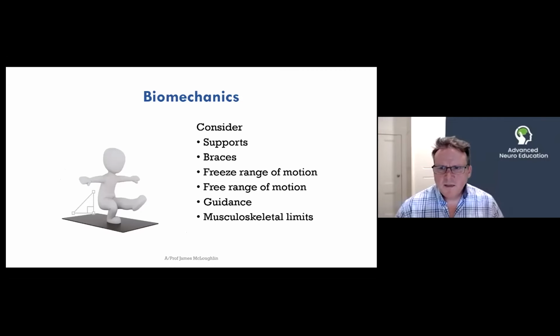Biomechanics, it seems pretty straightforward, but we've got to consider how your joints move, your muscle activity and alignment, and how to try and improve the mechanics. Sometimes we can get some quick wins by actually changing the mechanics, or adding in that body schema, the awareness of how your mechanics changed, to make improvements in movement. So whether it's to just mobilize someone's shoulder so that they can reach a little bit higher, or to be able to work through their hips so that they can stride out a little bit further,